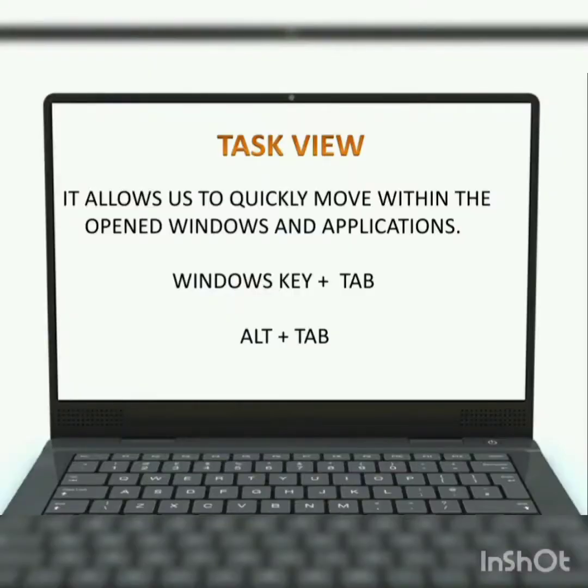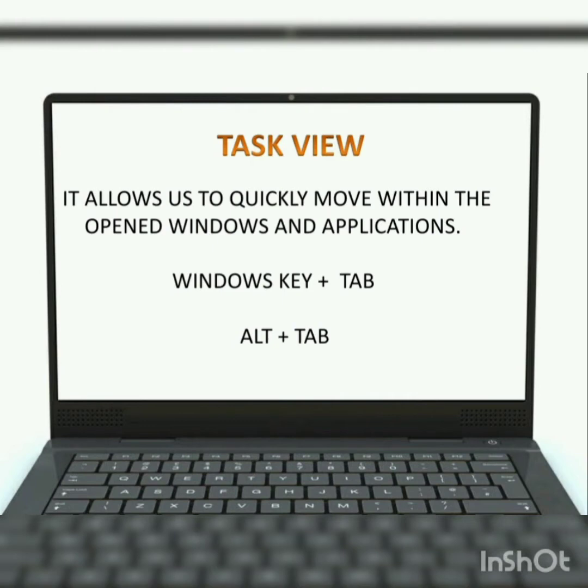Now kids, we will learn about the task view. Simply, it allows us to quickly move within the opened windows and applications. For example, if you are using Paint and a game together, and you want to move from the game to Paint quickly, then task view helps.